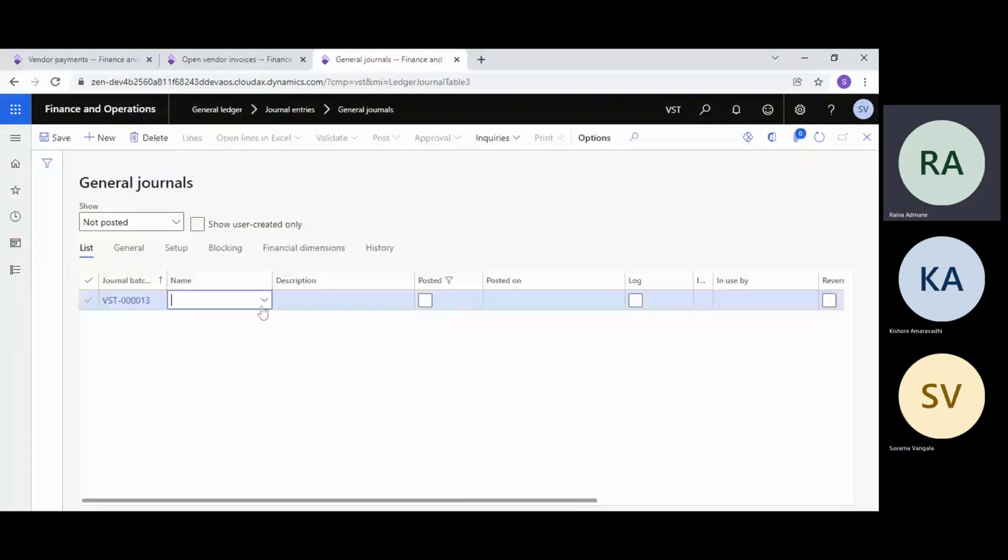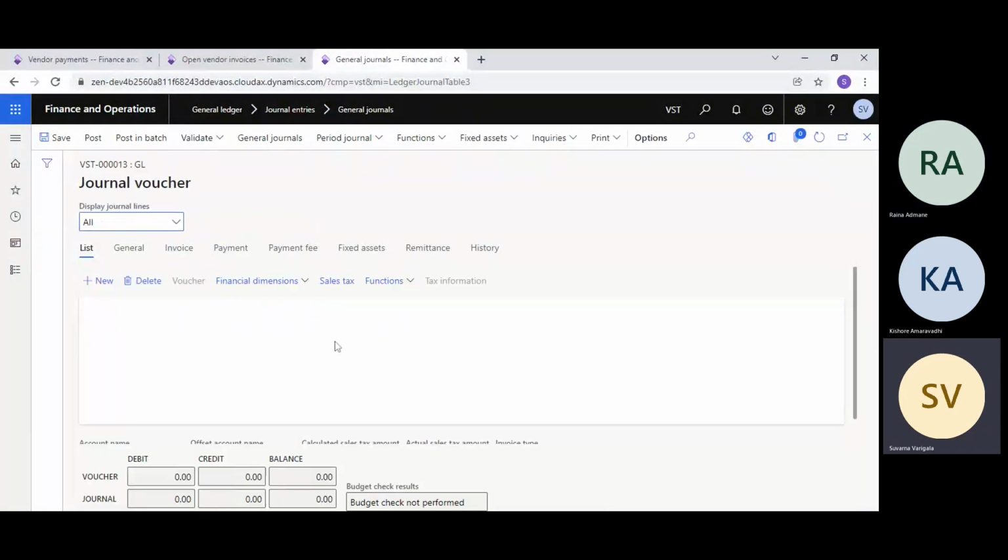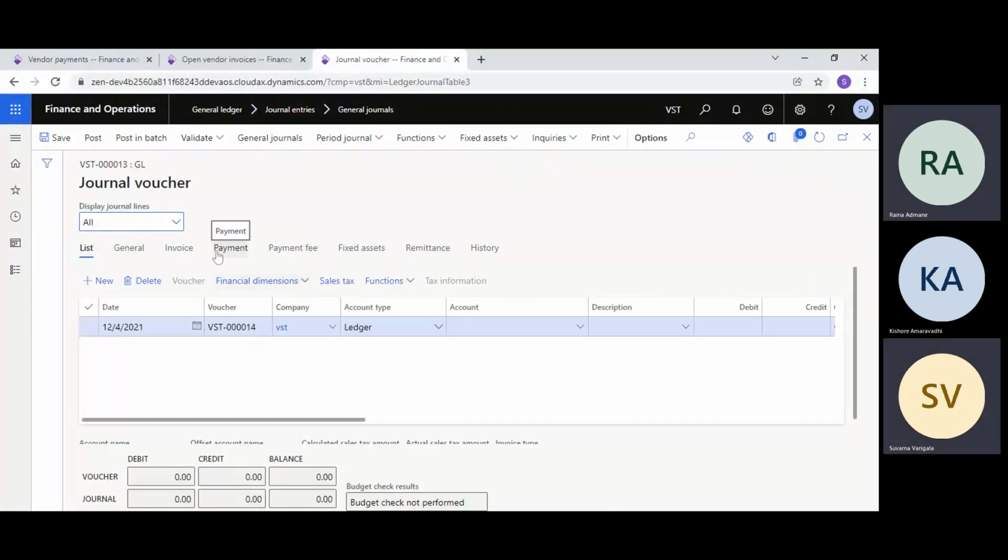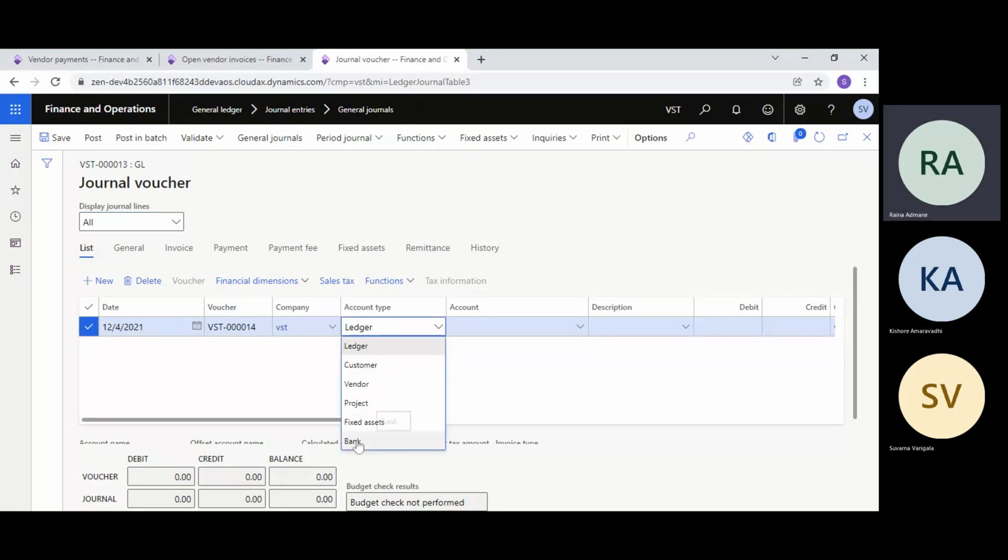There you can give a bank deposit entry. And then here you have to select the bank debit to cash credit, kind of.